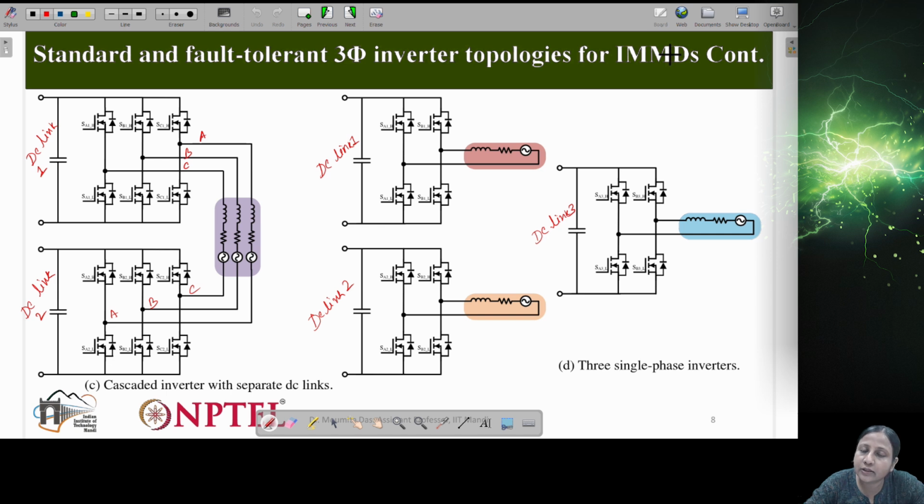So that we need to take care of. There are actually various industries that have used wide bandgap devices for IMD applications, and they have different kinds of cooling medium. One of the important cooling